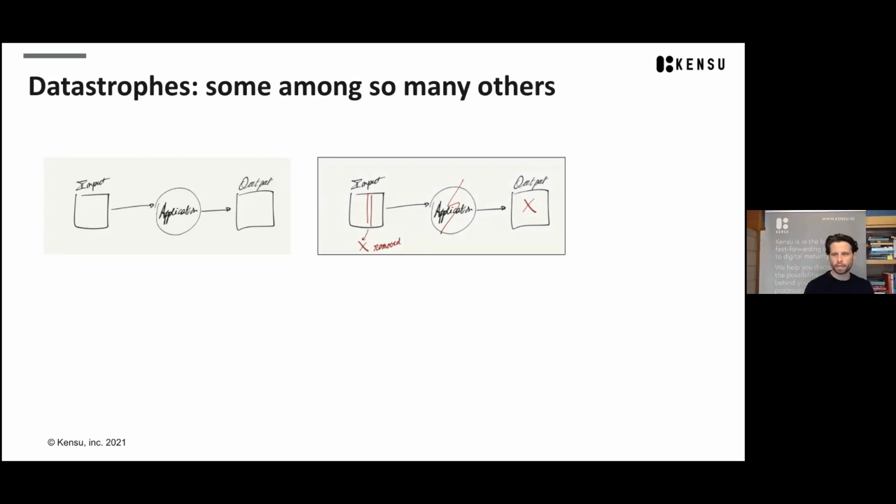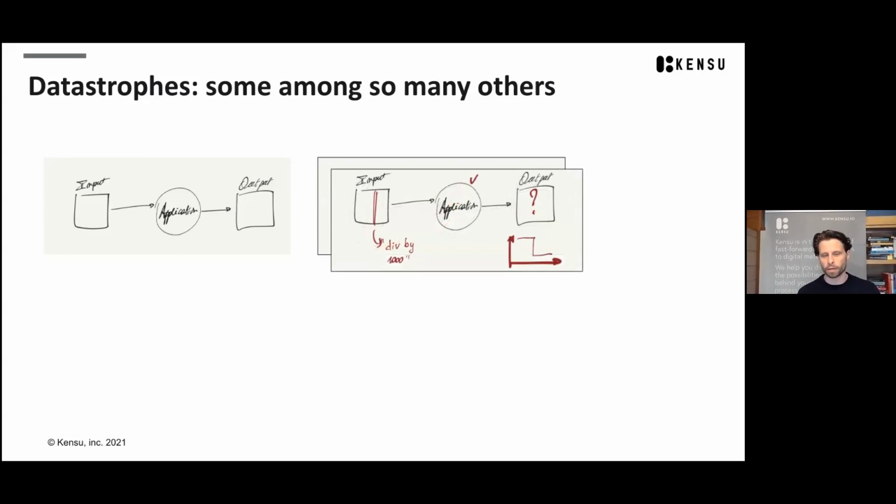So when you remove the data, the application might go nuts, it can fail, of course, and then the output might not be produced. Okay, this is one example: because the schema changed and the application is not robust against the schema change, it fails, then the output is not generated. So that's one. The second one is not that the data is gone, but you change the definition, right?